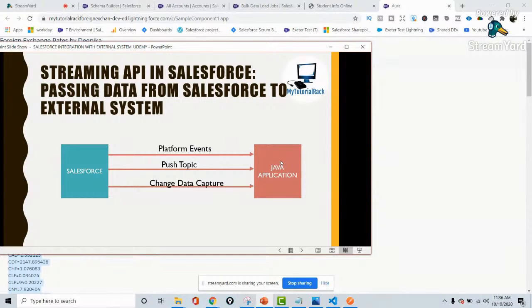You should get a notification on your external application. You can do that using a platform event. Anytime you create a platform event object, it is very similar to creating a custom object. You create a platform event object, and then you have that channel name. Once you create a platform event, you get a channel name, and then the external application will subscribe to that